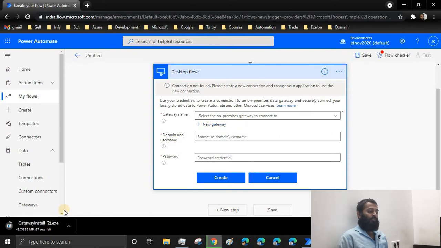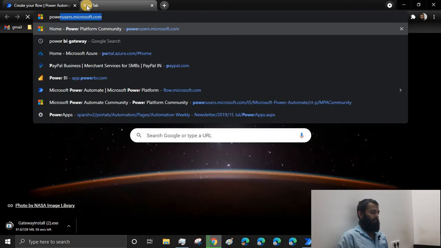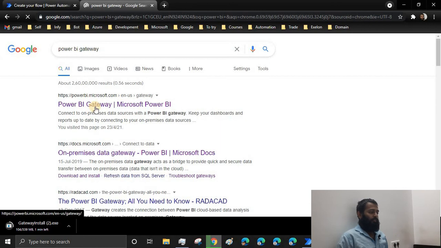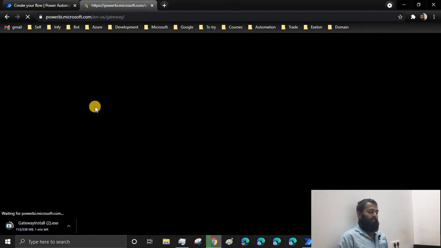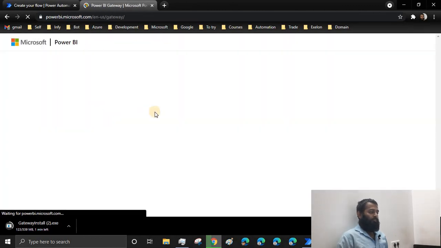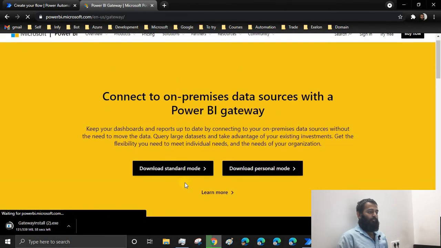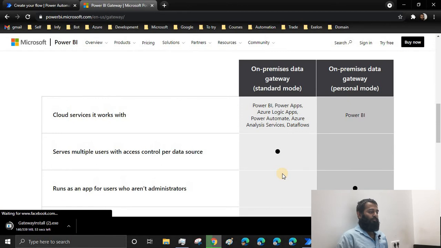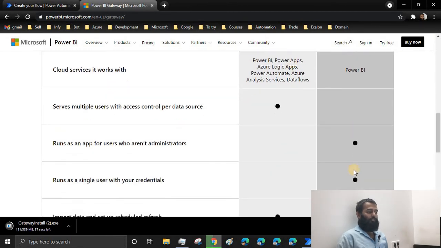It installs the standard mode of the gateway, and let me show you the types of gateway which are available and which one this Power Automate is installing. So we have a standard mode and a personal mode. You can check the difference between both of them in here. Make sure for the Power Automate desktop you install the standard mode.